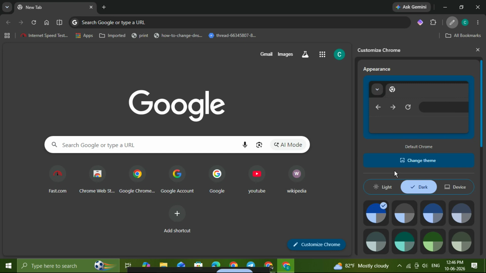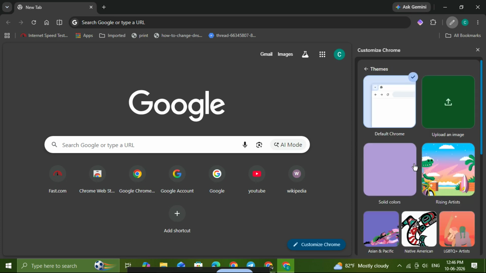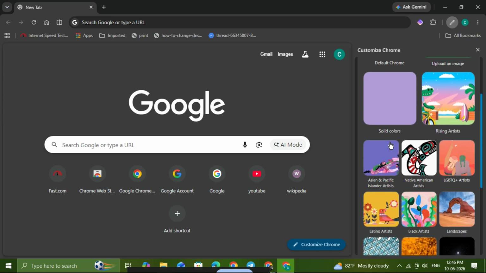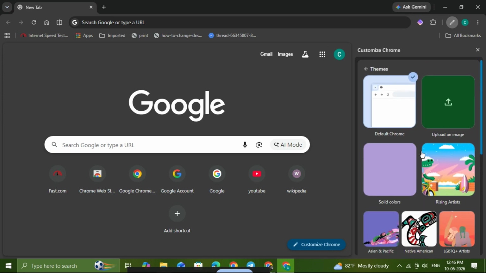Now let's start with a custom background. In the side panel, click Change Theme. Chrome will give you a few options here. You can upload your own image, or you can choose one from Google's built-in collections. Once you select a background, Chrome will automatically detect the dominant colors in that image and apply a matching palette